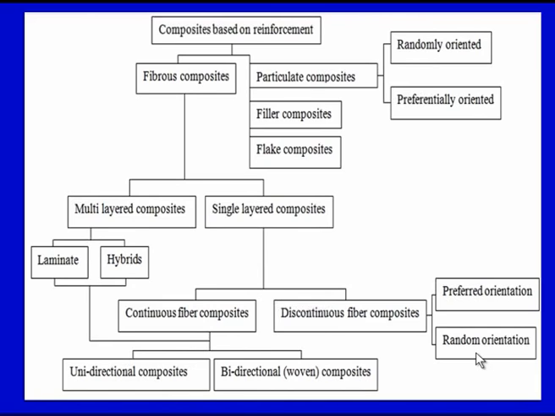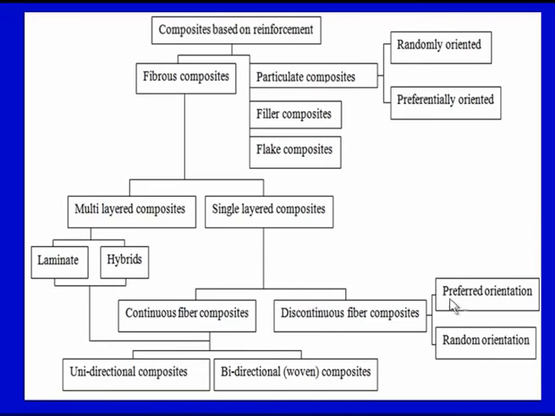So we can see, depending upon the type of reinforcement, whether it is continuous or it is discontinuous, it is in the form of fibers or it is in the form of particles or it is in the form of whiskers, it is preferred in one direction or it is randomly oriented. So the way we are putting the reinforcement in the polymer matrix is going to affect the mechanical properties of the composite which we are going to develop, which is very clearly seen in this particular slide, where the composites have been classified on the basis of the reinforcement or the shape or the type of the reinforcement that we are putting.